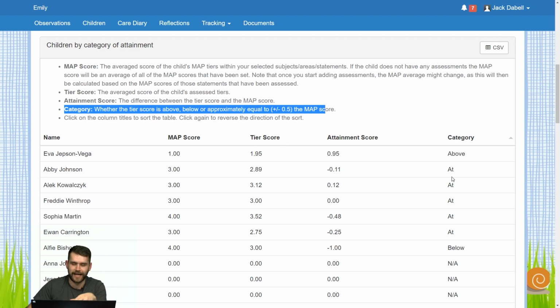So we'd still consider Abby working at, because it's only 0.11 below the 3. Okay, so that's the